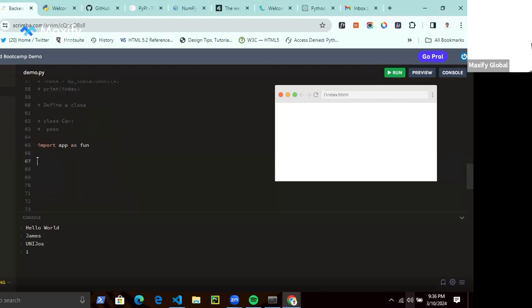I've just done an import. I can now call this function that I defined here. And I'll call it. So if I call this function now and run it,